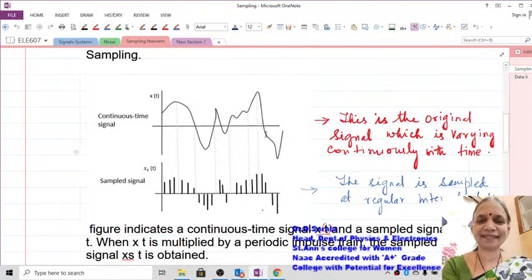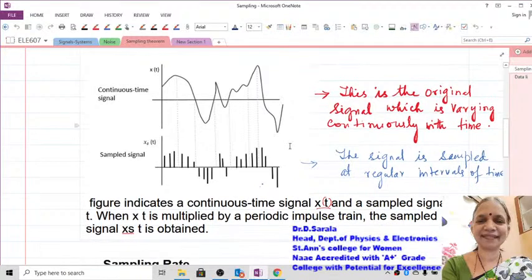This is a continuously varying time signal. This is the original signal. When you are talking also, sometimes you talk at a higher pitch, then go down, then go high. It won't be uniform when you are talking. Your voice will be modulated depending on the words. You lay stress on some words and not on some other words. So your pitch, your voice will be going up and down. Therefore it is a continuous time signal.